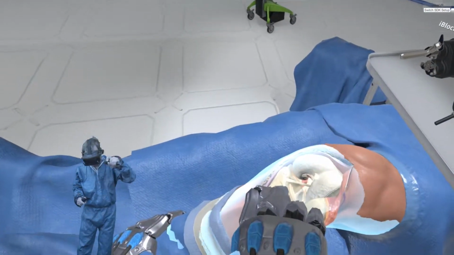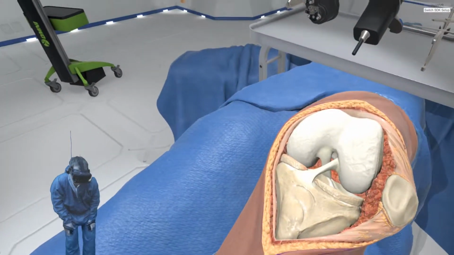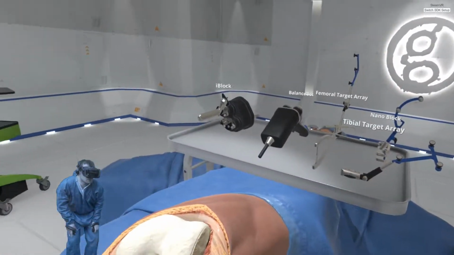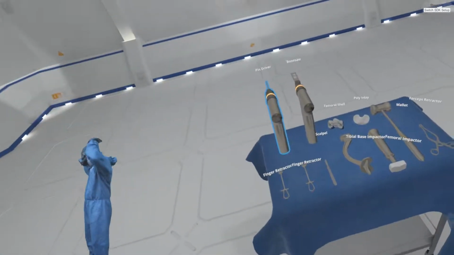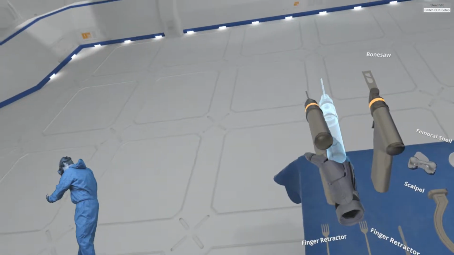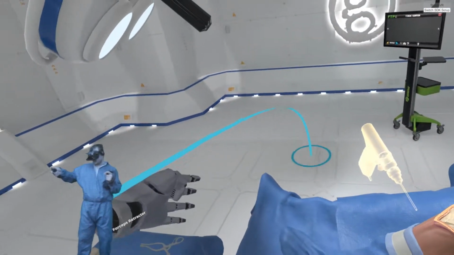The first pin is installed 4 finger widths below the incision site. Grab the pin driver. For this simulation, the pin driver will have the necessary pin already loaded on the pin driver. Pull trigger to install the anchor pin and secure the tibial array to the anterior tibial